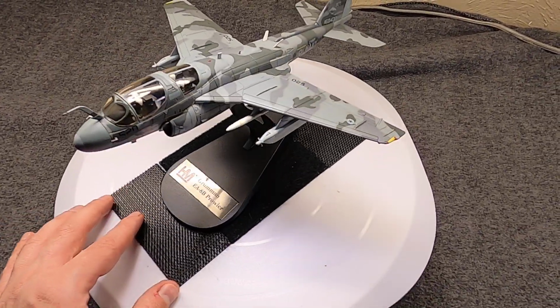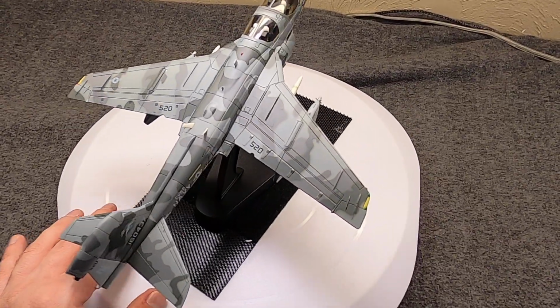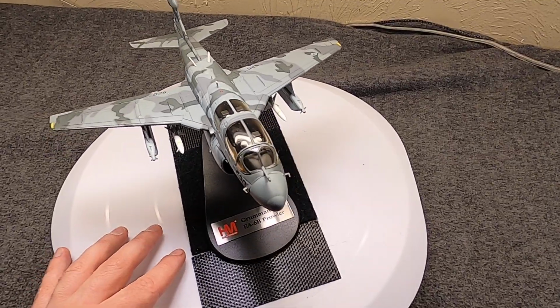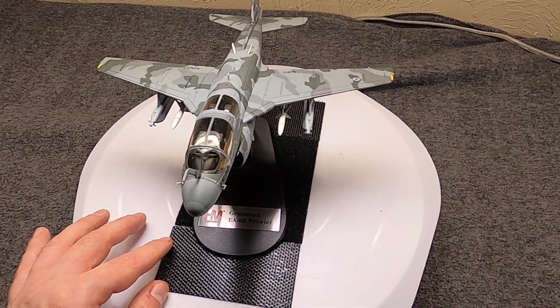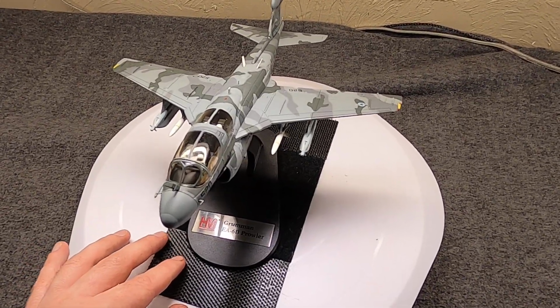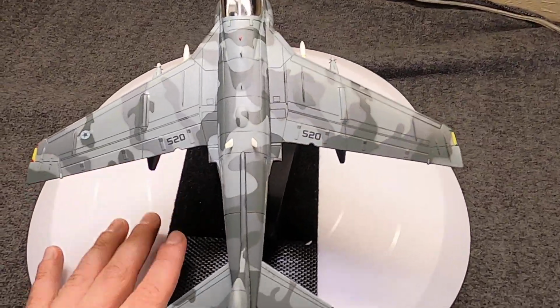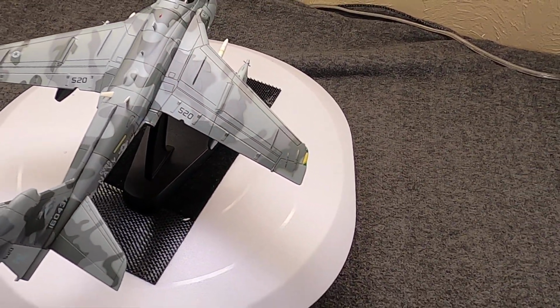Hi, Misha here, and felt like talking about a new acquisition from Hobbymaster. This is a 1/72 scale die-cast model of a Grumman, later Northrop Grumman, EA-6B Prowler. And I've already kind of shown you a Prowler before,